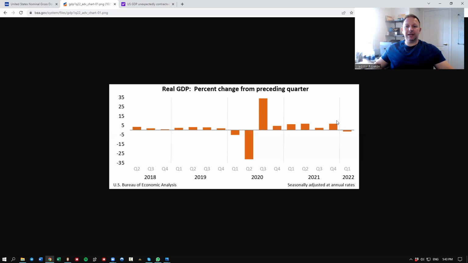From the view of the Federal Reserve and from the view of the central bank, one quarter is not a problem. You can look in the history. It was close to zero before in 2018. It was negative in 2020. So yeah, it recovers quickly and it doesn't show we are in a recession. It needs more than two quarters in a row to really define a recession. However, that's a big red flag.